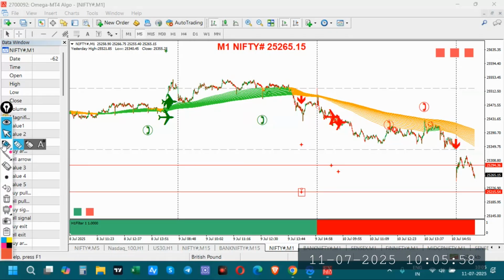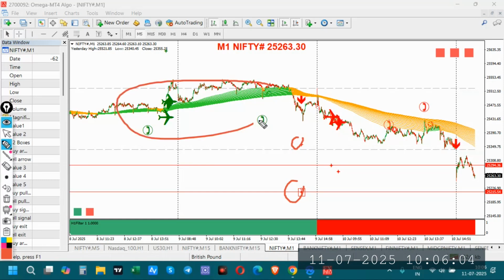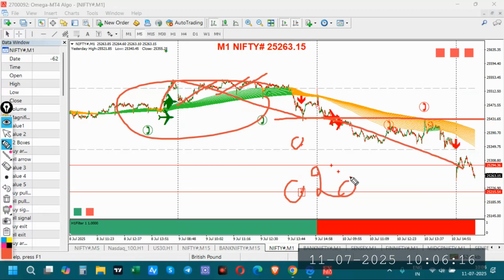So our target was at least half of the first and second target, but that kind of target did not come in this one. Though you got 80 points profit, the target did not come. So finally, what has happened? A 50 points loss has happened in this one, and we have reversed the trade. Right now, we are in approximately 200 points profit, and we don't know how long this will